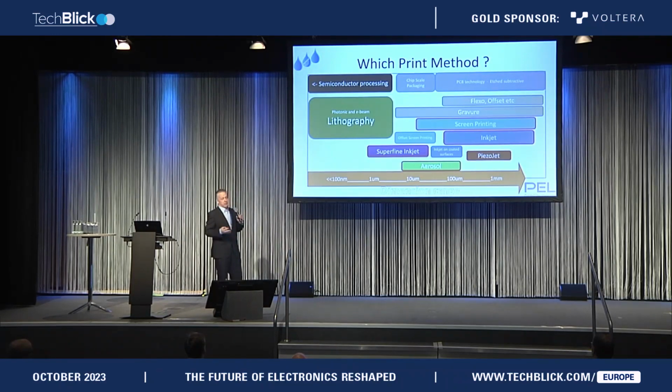So assuming that you perhaps don't have an absorbent substrate, which print method should you use? Well, as I've already said, there isn't one print method that solves all of the problems. If you're doing very high volume production, flexo and gravure would absolutely be something you'd look at. From a cost-benefit point of view, that'll be the one to go with. But in reality,